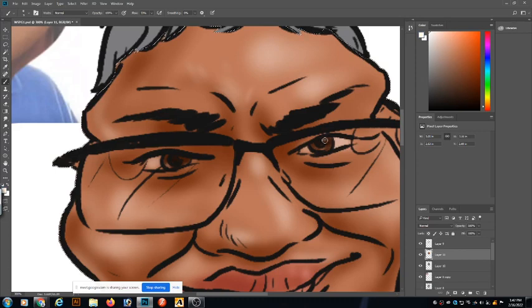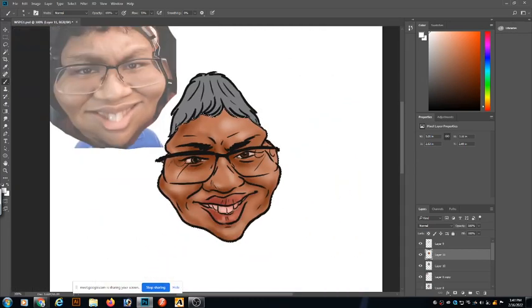Add a bit more highlight from here. You can see some of the details there, okay? You can add more and more details later on, guys. Okay, the reflections, yeah, of course, the reflections there.